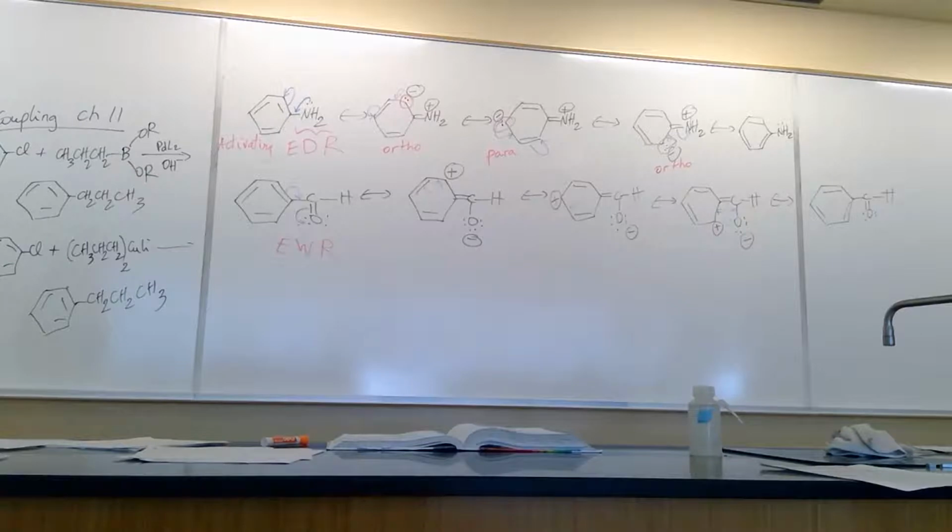So an electron donating substituent adds electrons to the benzene ring, and if it adds electrons, it makes it more nucleophilic, which means more reactive. Is everybody clear? Electron donating means adding more electrons to the ring, which means more nucleophilic, which means more reactive